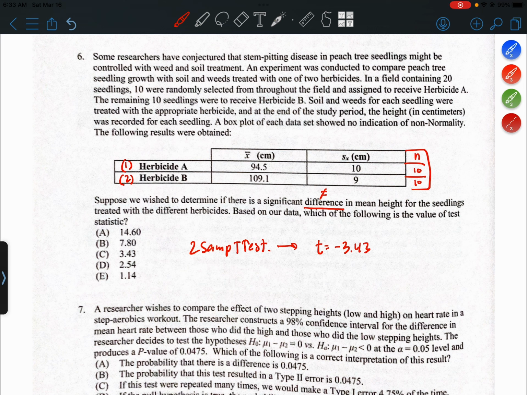Now, looking at the answer choices, they're all positive, so why did the calculator give me a negative test statistic? It has to do with the choice that I made here. I chose herbicide A as group 1 and herbicide B as group 2, so when we subtract, we get a negative value. Had we chosen herbicide B as group 1 and herbicide A as group 2, then when we subtract, we would have gotten a positive value, and our test statistic would have come out positive. So it's just based on which is group 1 and group 2. All right, so C is going to be the